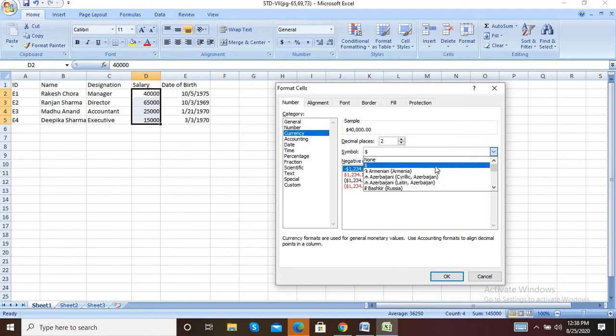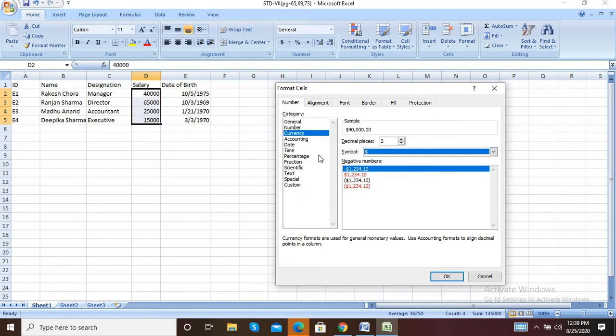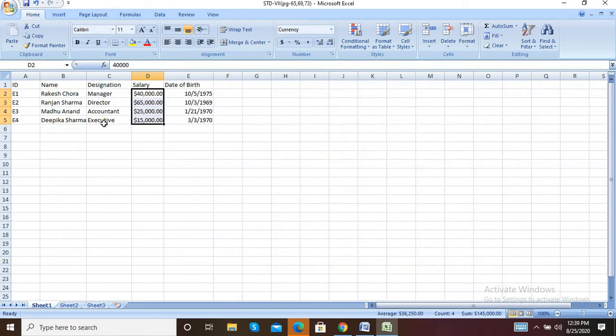In that category you have to select the symbol as a dollar. Here the dollar sign is already there. If not, you have to search here, as there are different signs. You have to select that one. With the help of these decimal places you can increase or decrease the decimal places. In the textbook they tell us to have only 2 decimals, so we are selecting 2 with the dollar sign. Now click on OK. See the changes. The 2 decimal points are added in the number along with the dollar sign.